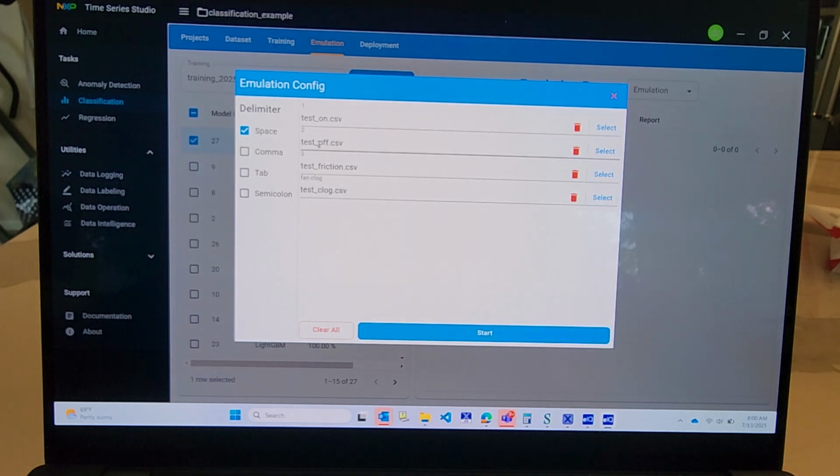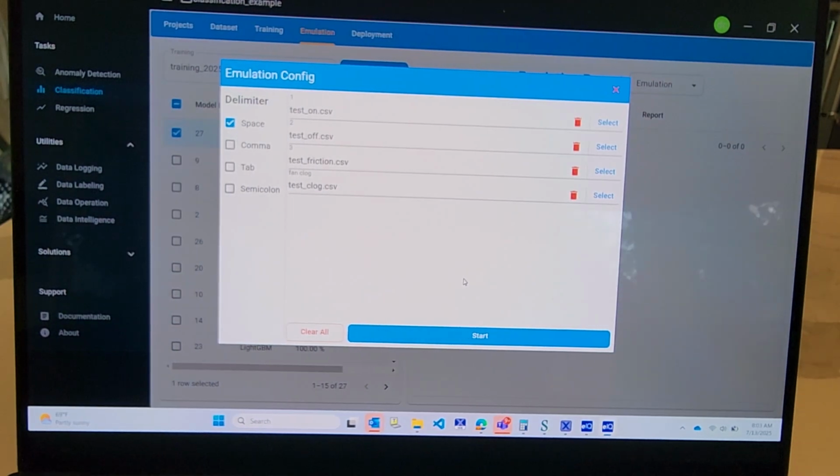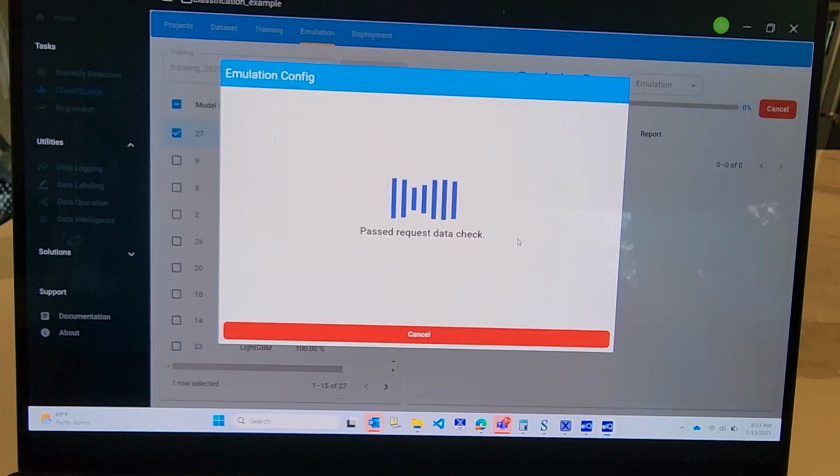So basically we've got the different channels here, and once we get to that point, I think we're going to start up the emulation. Let me check one thing first. Okay, now that we've got the four testing files for the test data, we'll hit start,